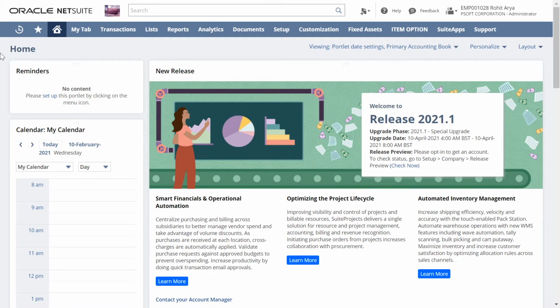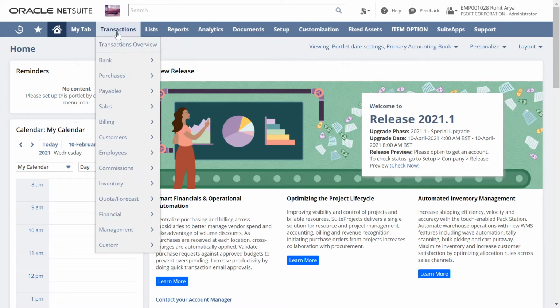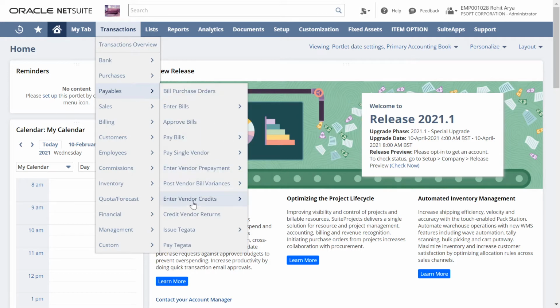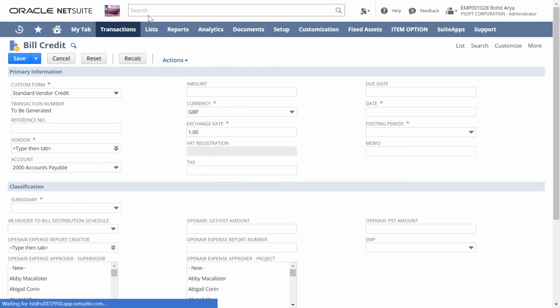This is our Oracle NetSuite homepage. Now we will go to Transactions, Payables, Enter Vendor Credits. You can see our standard vendor credit form has been opened. You can even customize the form as per the needs of your organization.